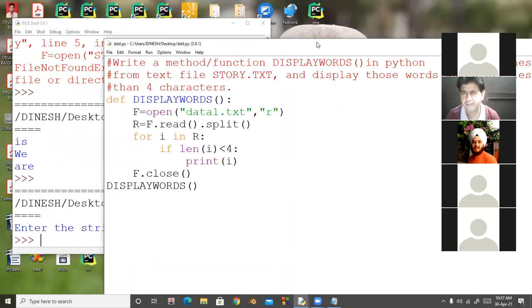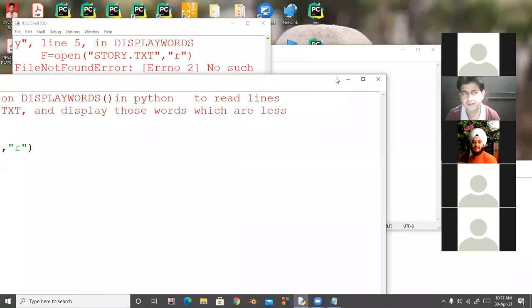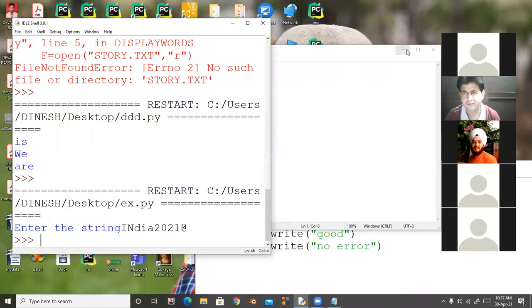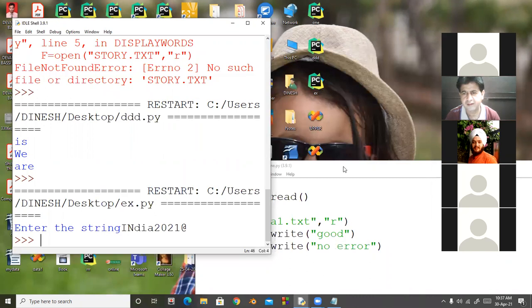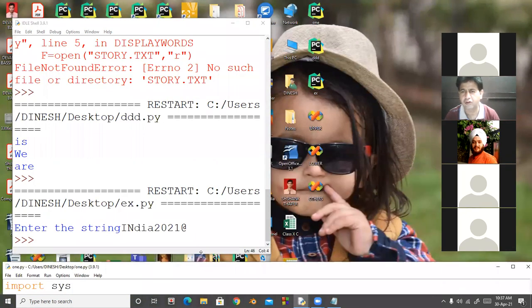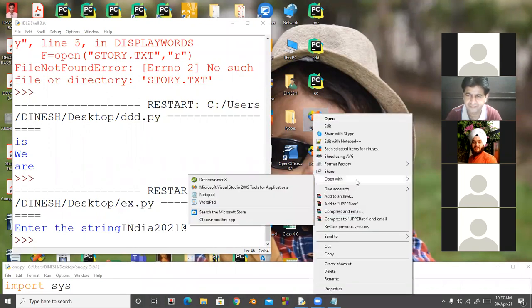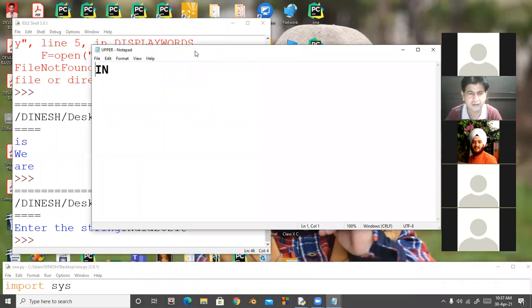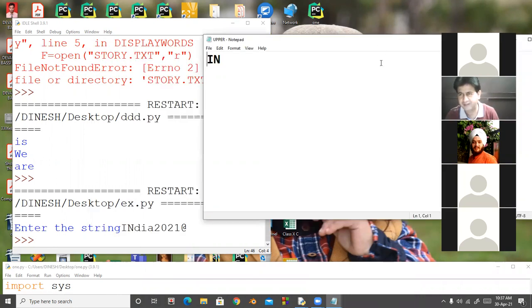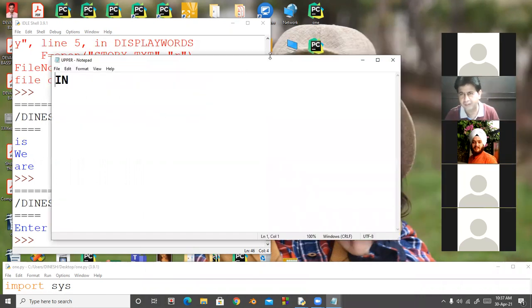So look at here. Three files are automatically created. I open the upper file in Notepad. In India 2021 @, there are two characters that are capital alphabets, I and N. So these are in the upper file.